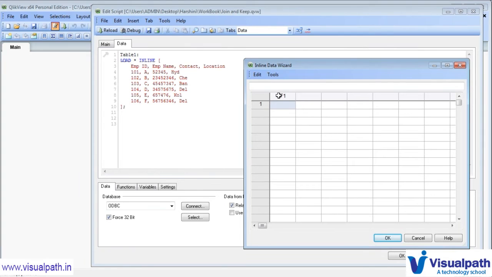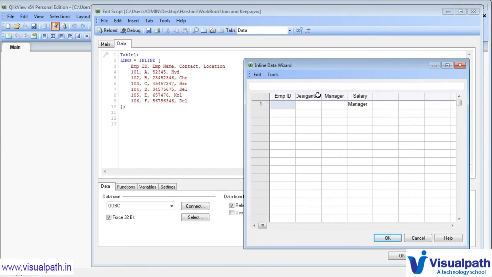For table 2, I'll give the same name here, employee ID. These two tables will be linked via employee ID. In the first table 1, we kept the employee ID and their name and the permanent details like contact number and location. Let us store in the second table, employee ID wise, the manager and official details. So what is their designation? First let me save that designation, and then we'll give manager, who is the manager, and the employee salary.